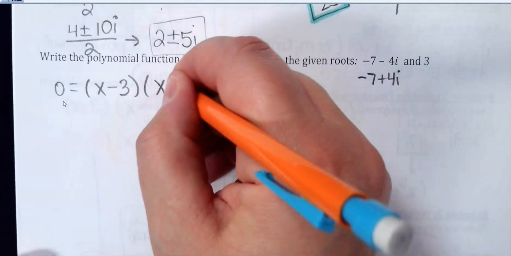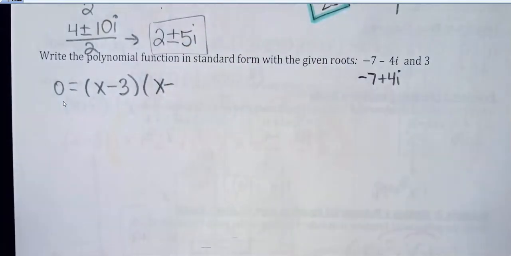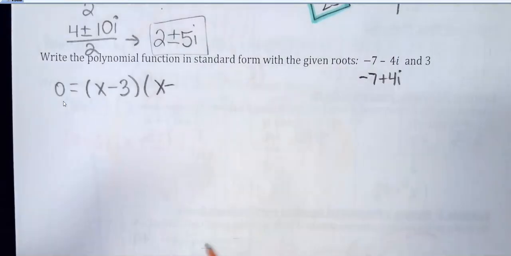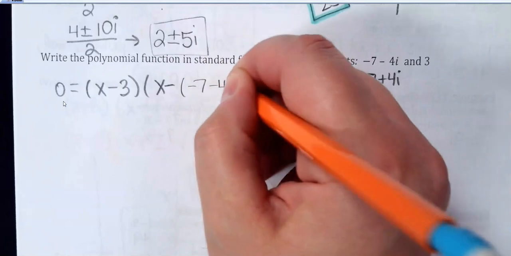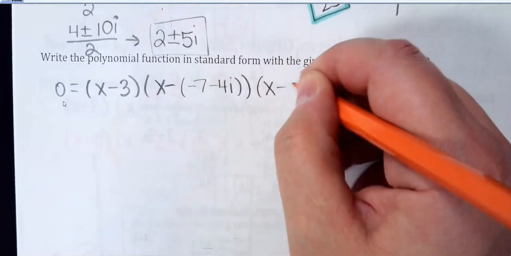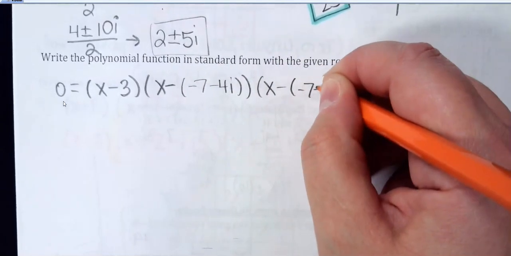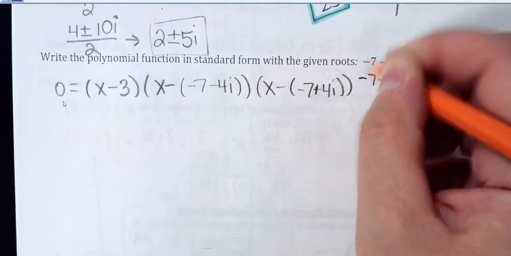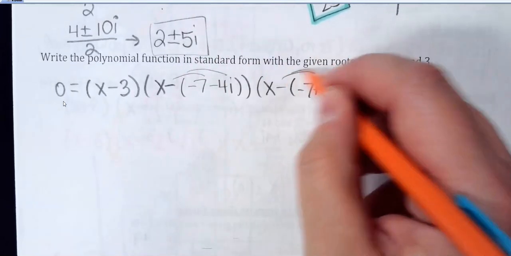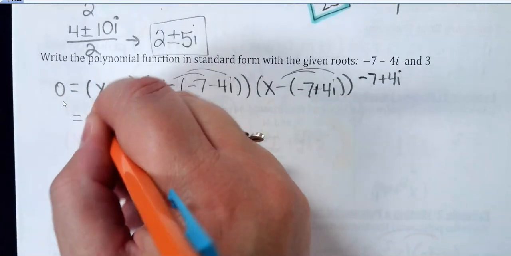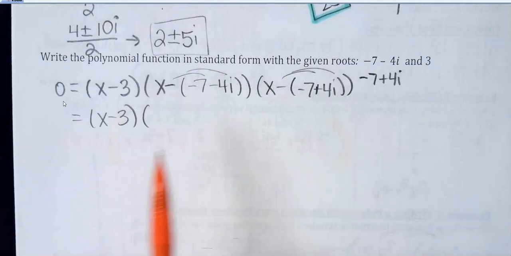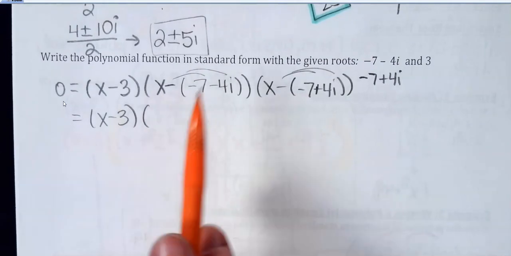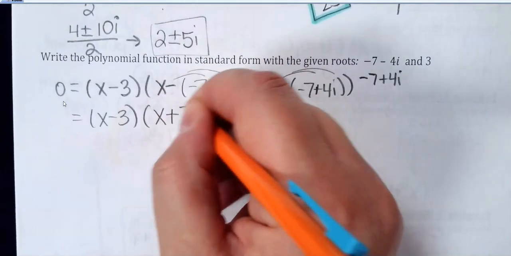And then again, if you've got complex numbers or irrational numbers like we did yesterday that have two parts to them, just do x minus and then put it in parentheses. So I'm going to do x minus (negative 7 minus 4i) and x minus (negative 7 plus 4i). Before you try to multiply anything, just distribute that subtraction sign real quick to get rid of that extra set of parentheses. Now for this one, if I do minus a negative, that actually turns into x plus 7, and